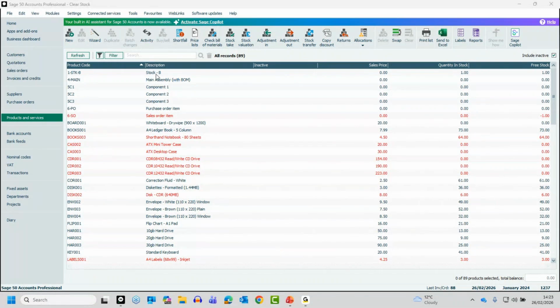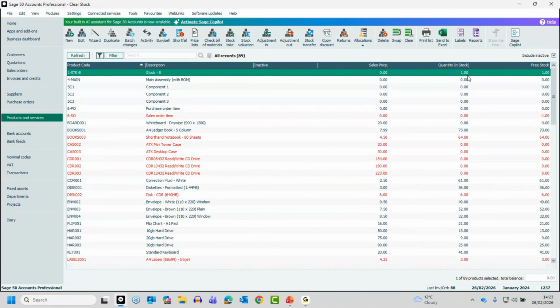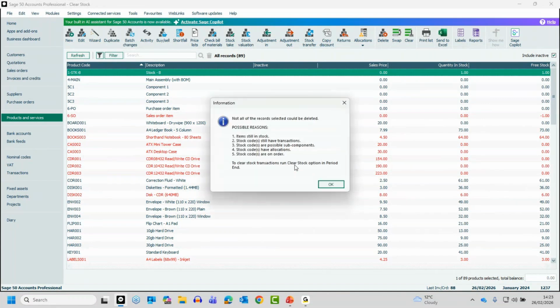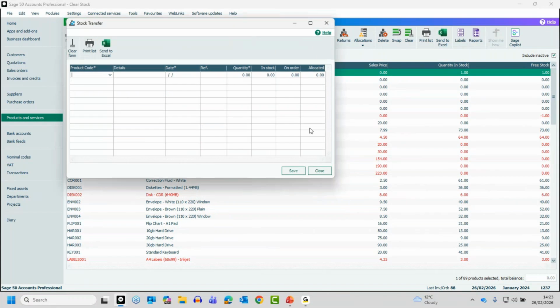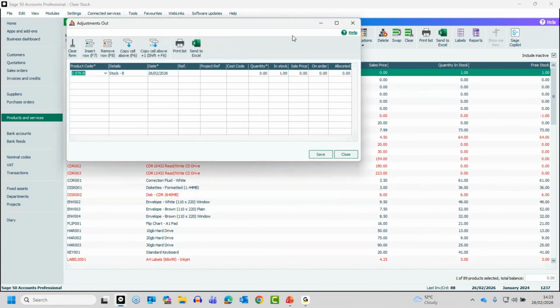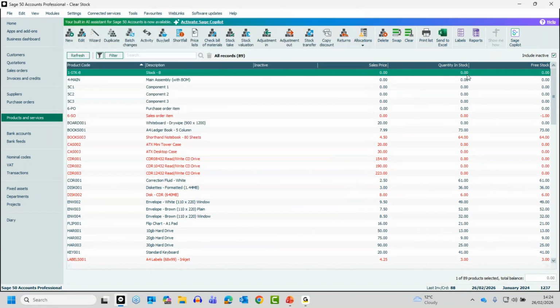Right, so we've covered items having a quantity in stock. Obviously this one won't let me delete it because it says 1. So if I do try and manually delete it, that message is going to pop up. If I adjust it out, I'll click on the right option this time, and I'll say quantity of 1. And you'll see in the background, the quantity in stock is now 0. So for that first item, it meets that requirement. But again, if I try to delete it,